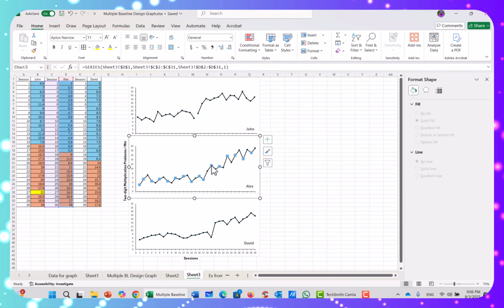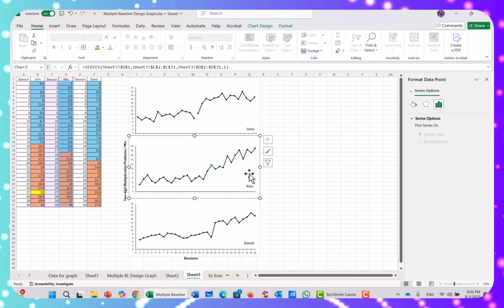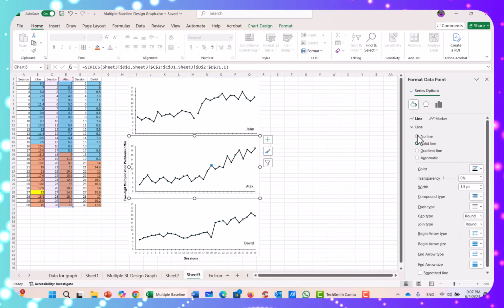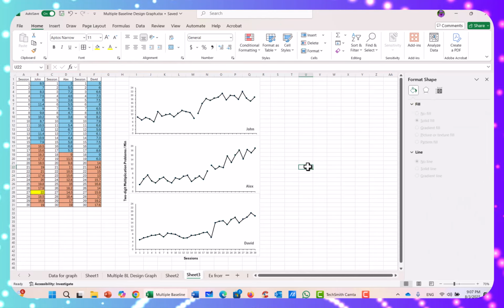Okay, so I double click in order to format just that point. I have here on the right the fill and line icon, and then I'm going to select no line. So there, I separated the two